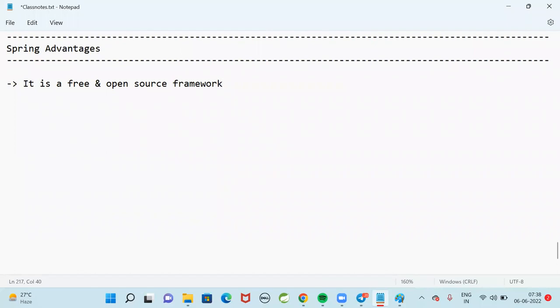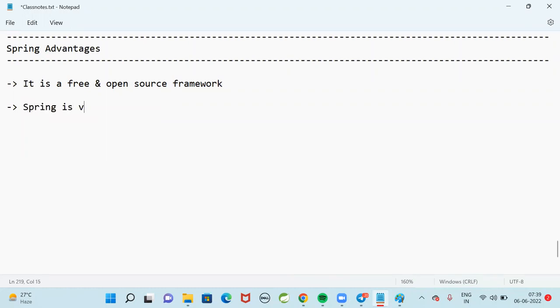That means you need not purchase the Spring framework to develop an application with Spring. Spring is free of cost and the source code of Spring is also available. You can use the Spring software free of cost.